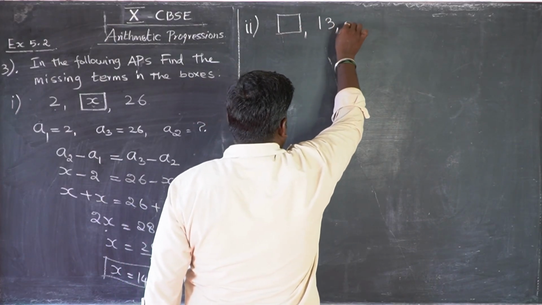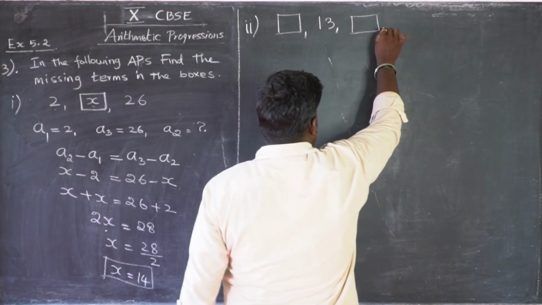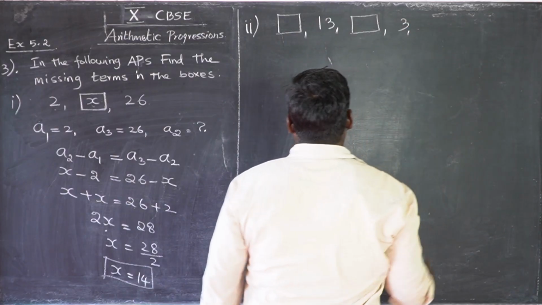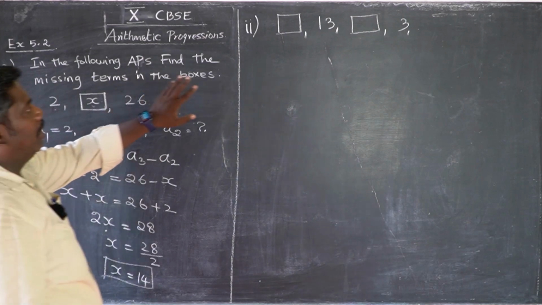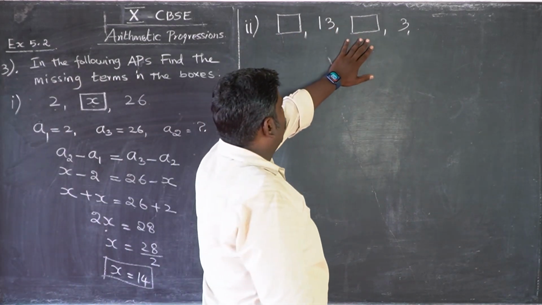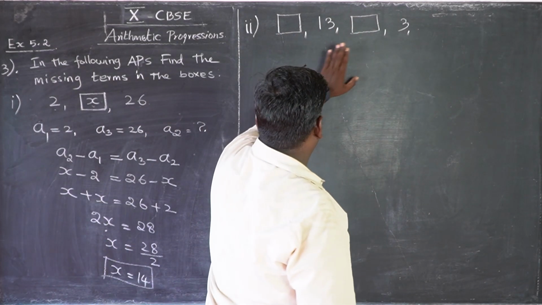Box 13, box 3. This is a given question. In the last question, there was only one missing term. Here there are two missing terms. We should find the two missing terms, that is